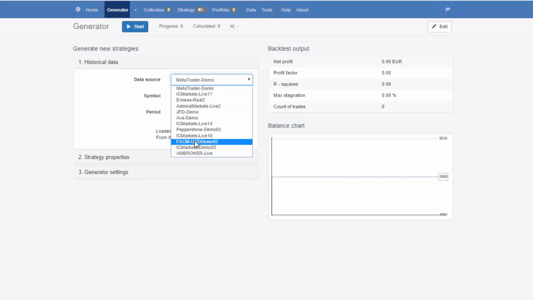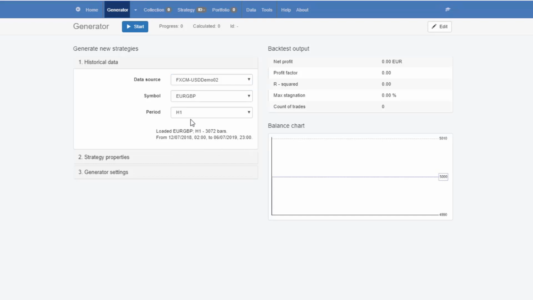So here it is, okay, FXCM USD demo, but you can see the difference. On H1 I have only 3072 bars, and with the MetaTrader demo, which is data from another broker, there are 29,747, and this is for the period of 20th of August 2014 till today. And so with the FXCM, what we have is from just last year, even less than 1 year of data,